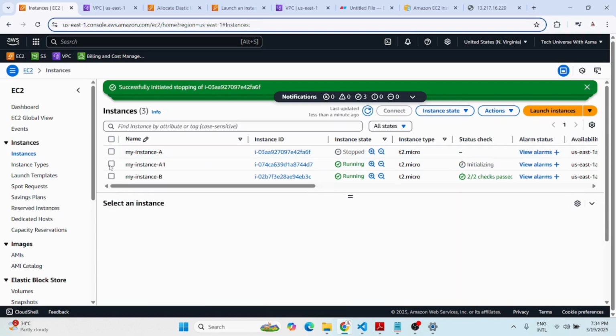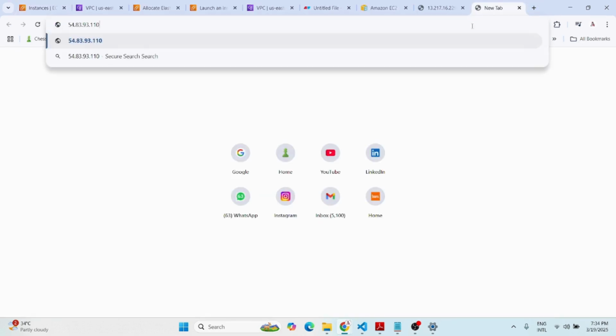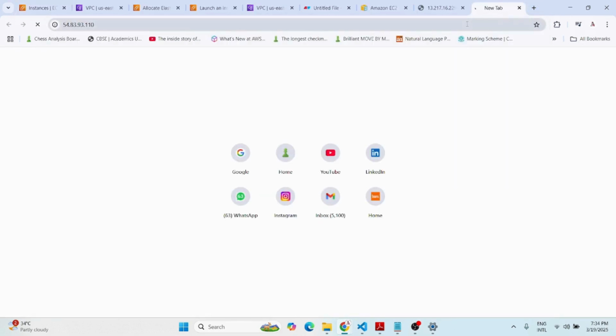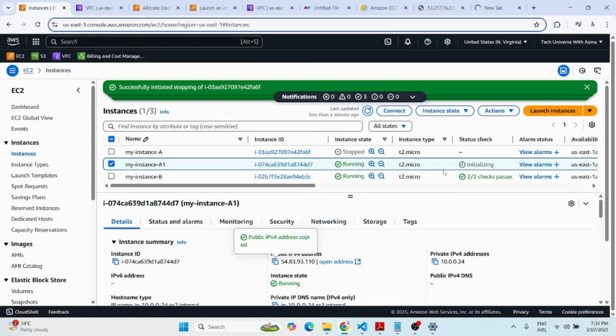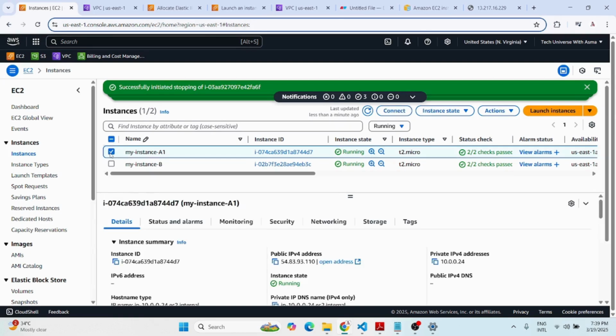Now this is my instance A1. Maybe the HTTPD server might be created, but the system checks are still in the initializing state, so it might take some time. We will wait for some time and then check again. Now if I go and click my instance A1,